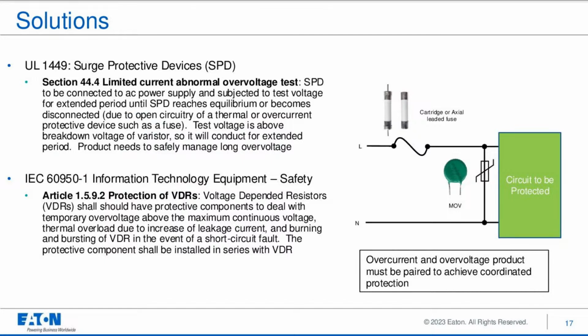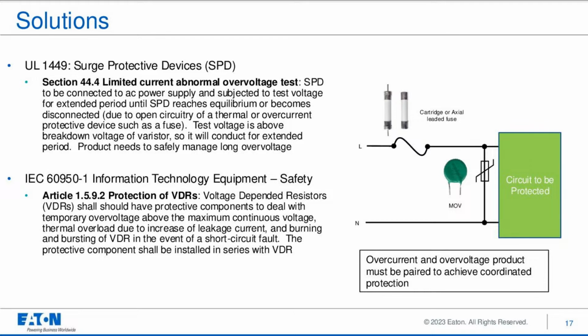UL 1449 and IEC 60950-1 define requirements governing the safe application of SPDs. These standards require that voltage-dependent resistors such as MOVs shall have protective components installed in series to deal with events such as temporary overvoltage above the maximum continuous voltage, thermal overload due to increase of leakage current, and burning and bursting of the MOV in the event of a